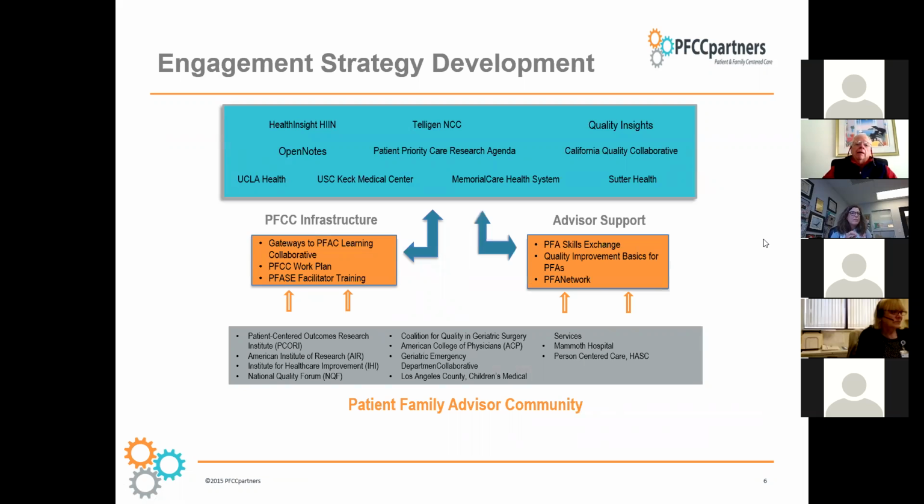One is to build the infrastructure within organizations, and the other is to support all of you through the PFA network. So again, I think it's important that you as PFA network members and representatives of the PFA network have a good understanding of how this coordinates with PFCC partners. So, any questions about that? And please, I encourage you, if you forget to raise your hand, take yourself off mute and speak up. This is a conversation. Any questions about how the two go together?